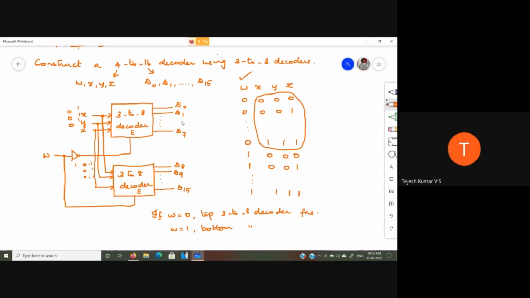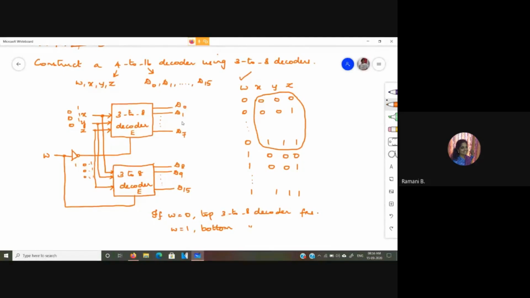Yes, ma'am. So how you are making to work? That is what is the problem over here. Okay. For one value of the enable input, one decoder should function, and for another value, the other one should function. Such a way that you get all the possible outputs. Okay? So same way you could actually try to implement any higher order decoders.